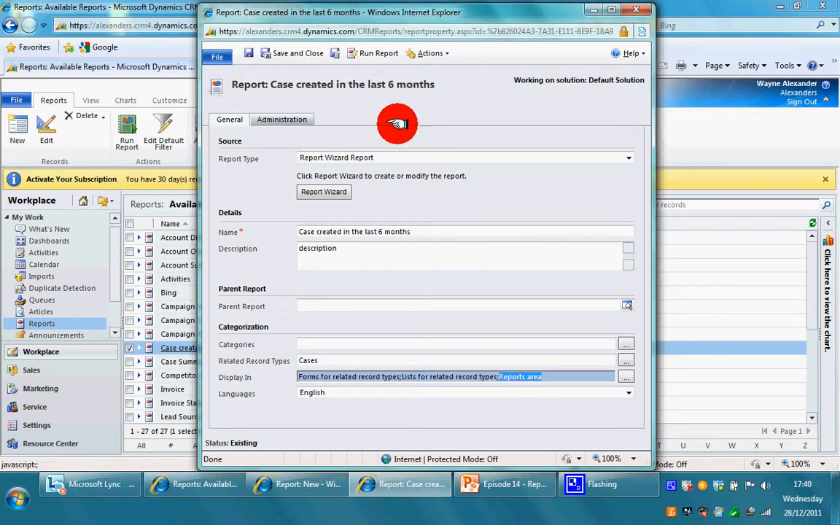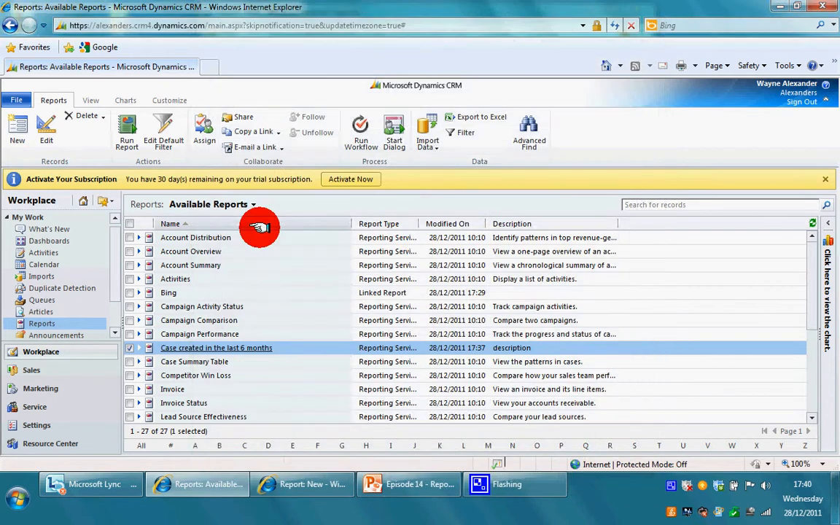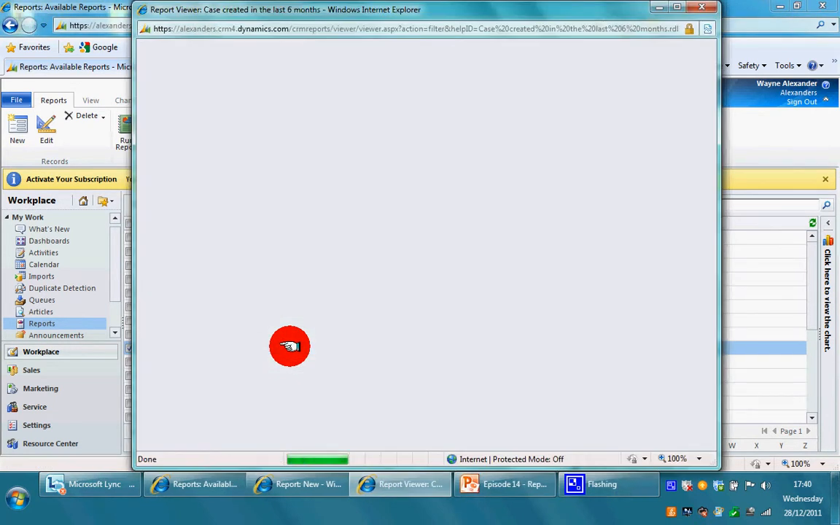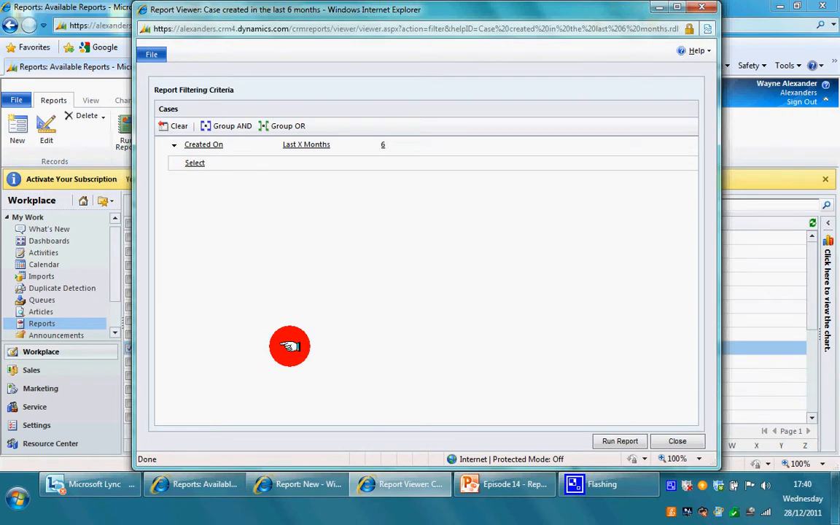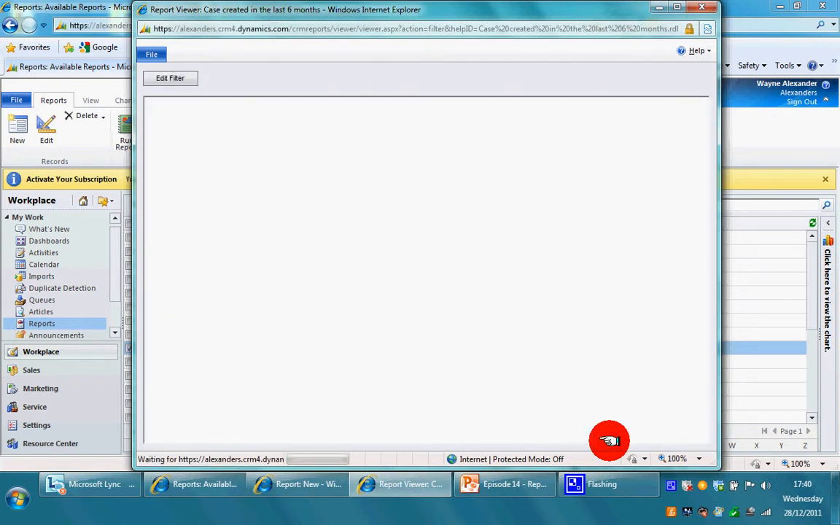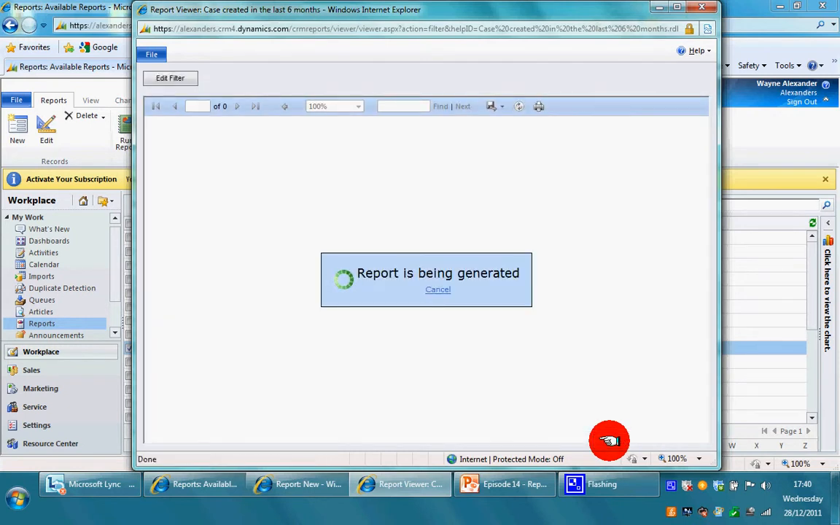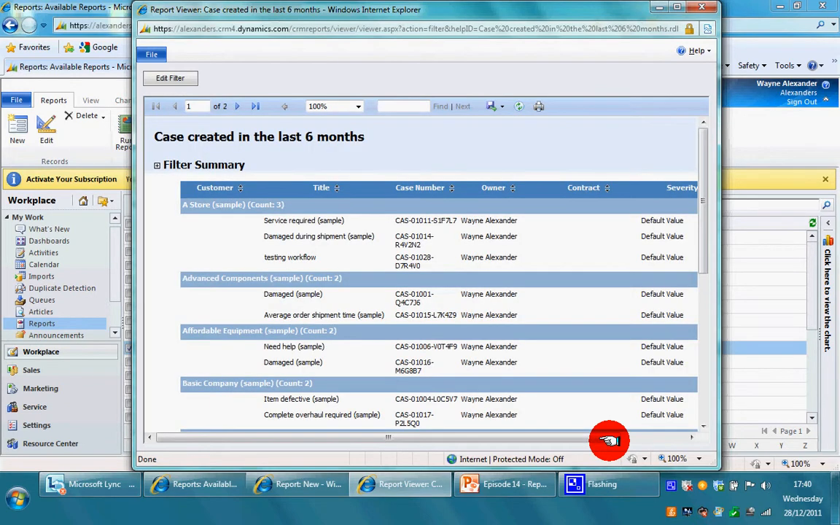If we want to run the report, we can simply double click on the report. You'll notice the filter criteria here says created on the last 6 months. You still have an opportunity to change the filter criteria before you actually run the report. If you don't want to change any filter criteria, you can simply click on Run Report, and what the system will do is it will go away and it will show you all of those cases created. And as you can see here, here's a good example. We've got a store, and they've got 3 cases created within the last